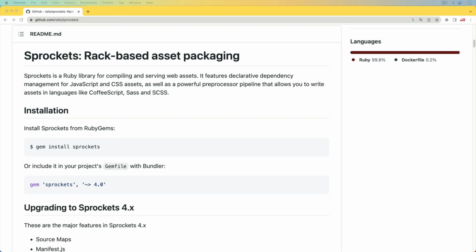We didn't really have any good solutions, or at least the solutions available back then were kind of tedious to work with. And for many years, we've had Sprockets, and it's been a pretty good way that we can handle our assets,